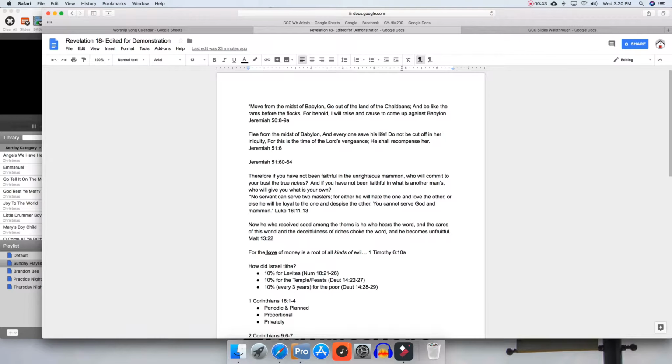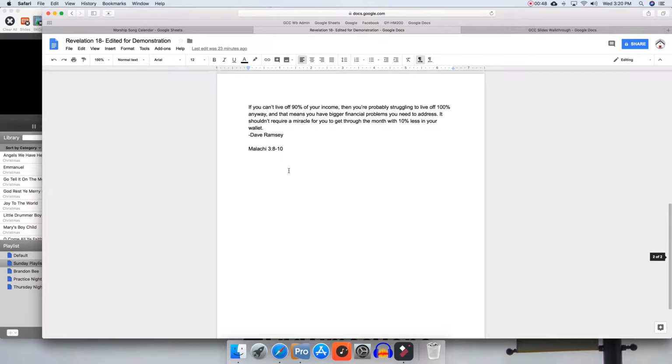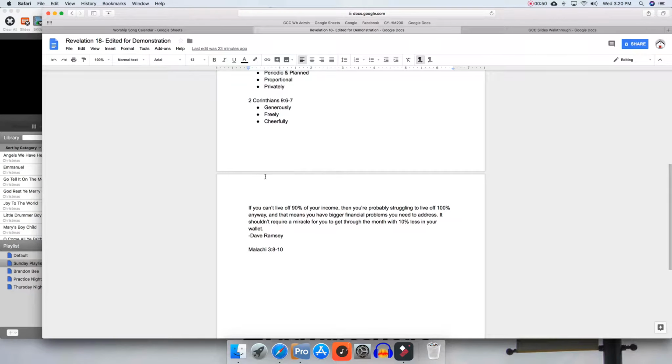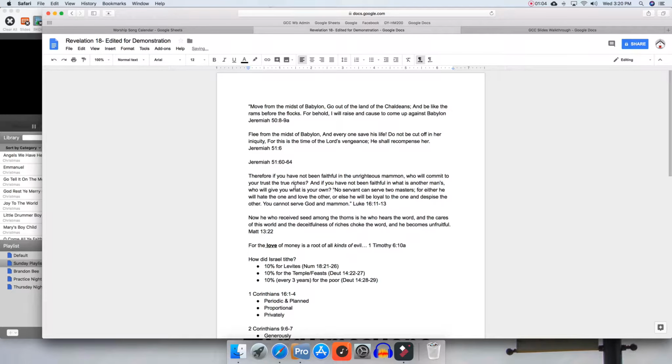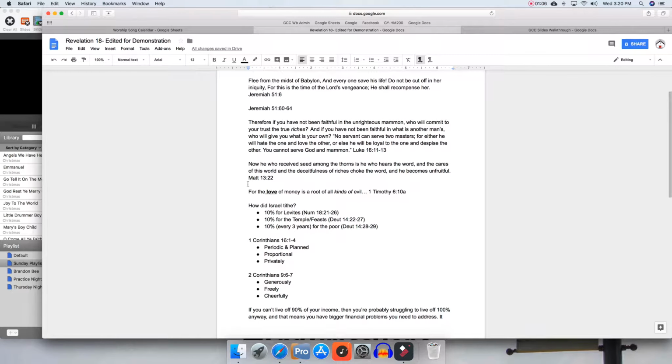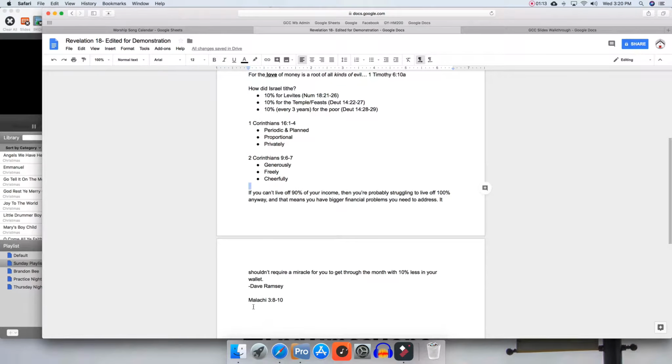Now, I wanted to go to this. It's Revelation 18. Now, this is a work in progress at the time of this recording, but right now I've taken everything I want a slide made out of. Right now, there's nothing on here that we do not want made into a slide. So I'm going to go like that. There's one space in between each thing. That's important. If you have extra spaces, they're just going to make a bunch of extra slides you're going to